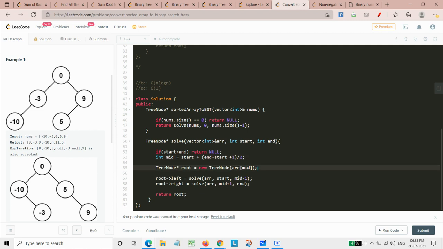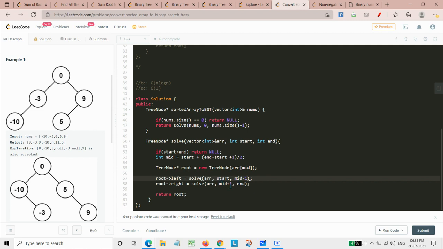Now the next thing is that I need to again and again create the root node. So that's why I've written TreeNode star root equals new TreeNode and the value which will be passed is the middle which we have found. Then I'm simply calling the left subtree and the right subtree. When I'm calling the left subtree, I'm passing the start and then the middle minus 1 element.